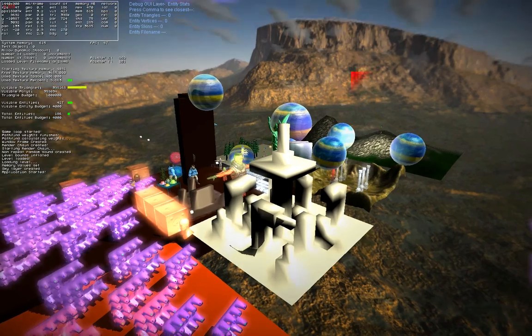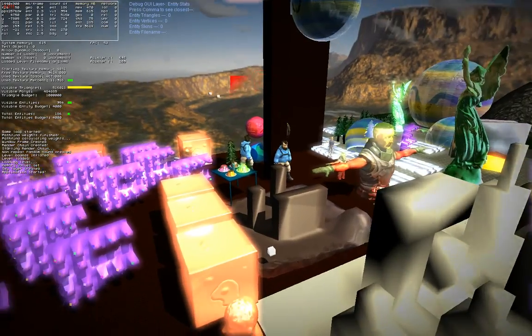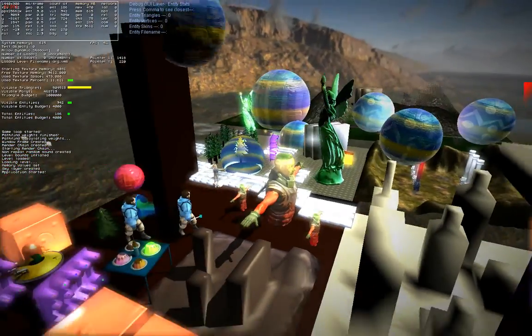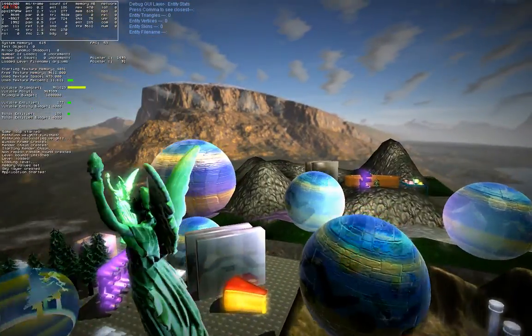What's good, everyone? Give me a little update in my game, my portfolio game world thing. So I recently added dithering to far objects in the distance. So check it out. If you look at the terrain,